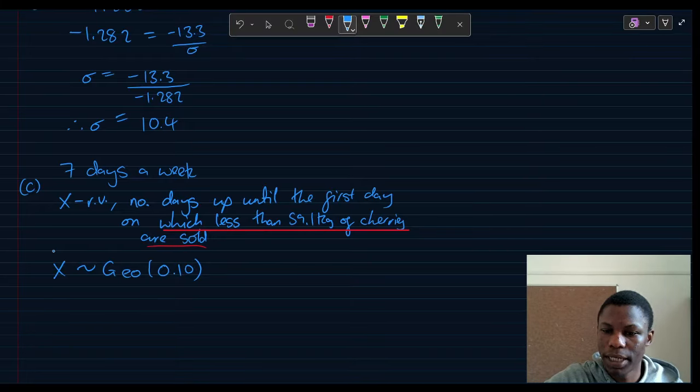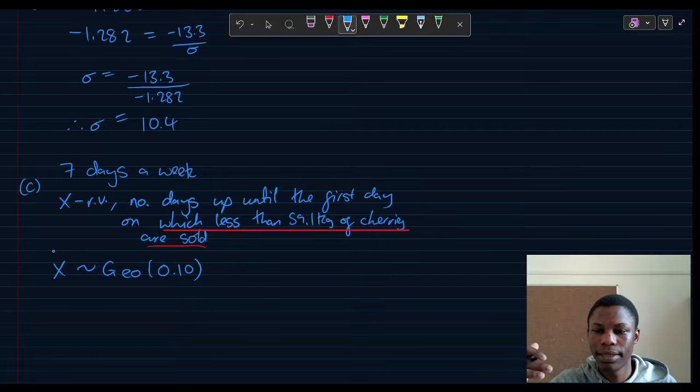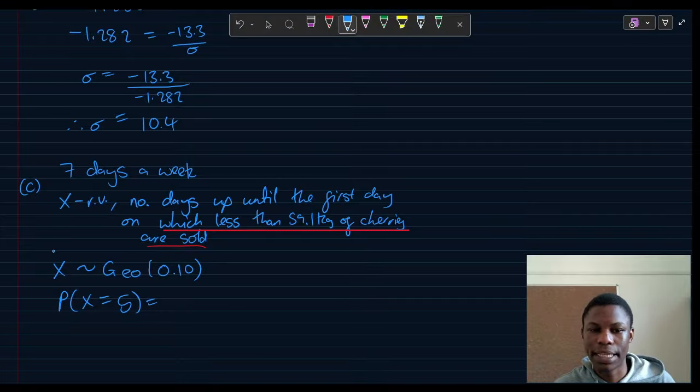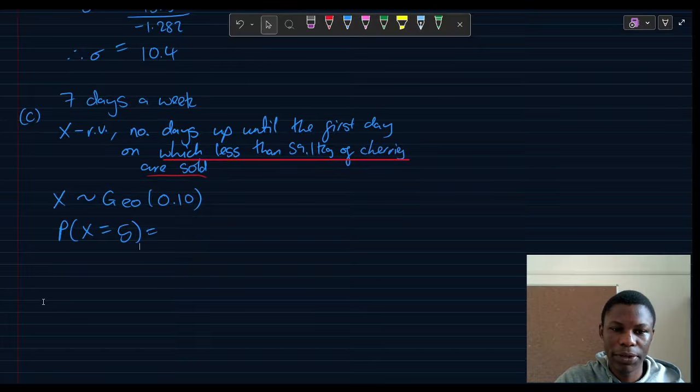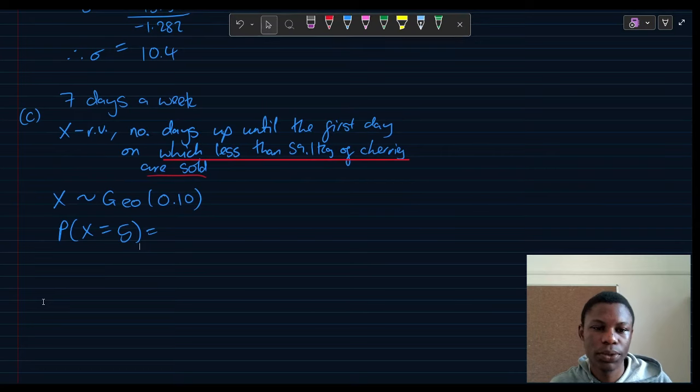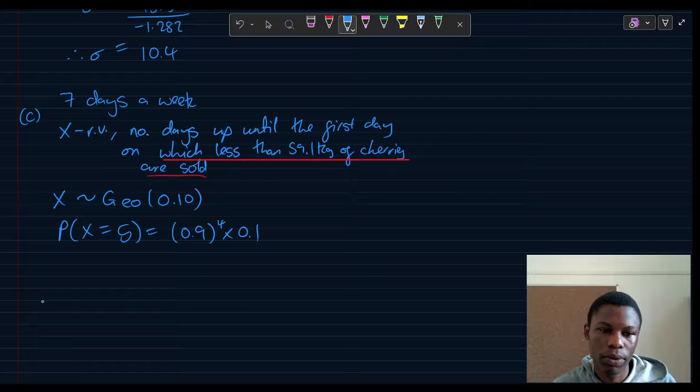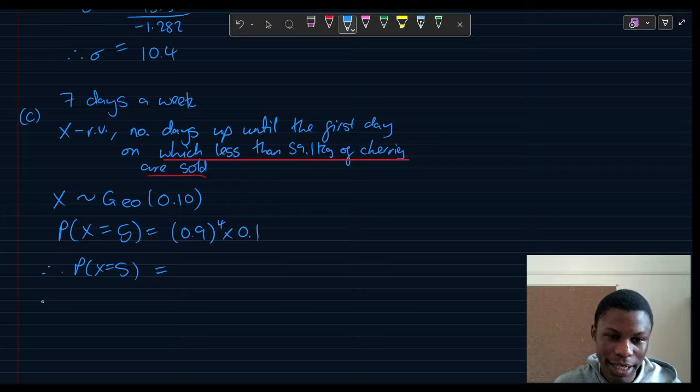And so coming back to our question here, they're saying find that the first day this happens is the fifth day. So the probability that X is equal to 5. We have our first success on the fifth day. And you go to your MF19, you get your formula for probability of a geometric distribution, and that's going to be q to the n minus 1 times p. So in this case, our q is 1 minus 0.1, which is 0.9 to the power of 5 minus 1, 4, times 0.1. 0.9 to the power of 4 times 0.1. That gives us